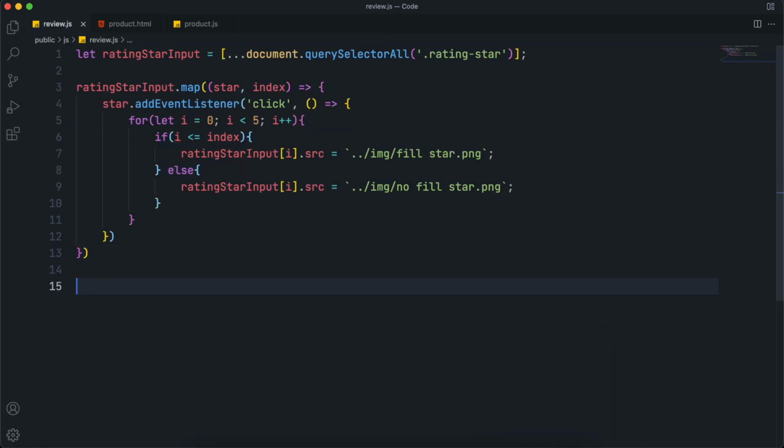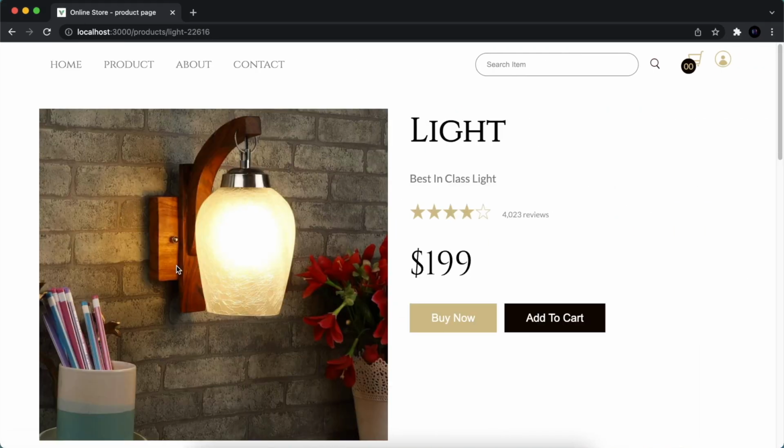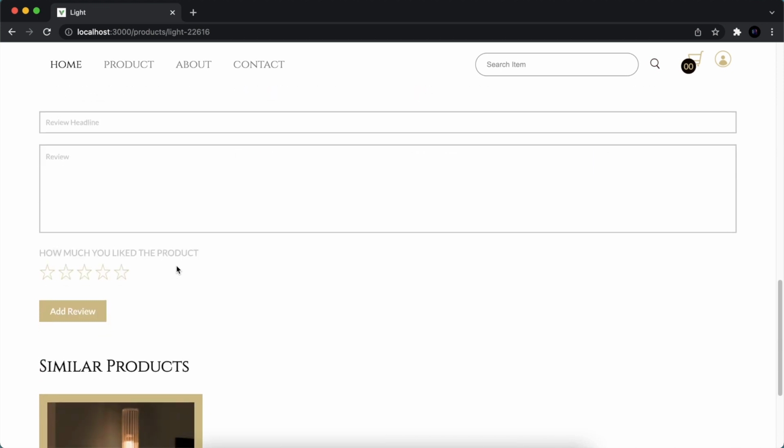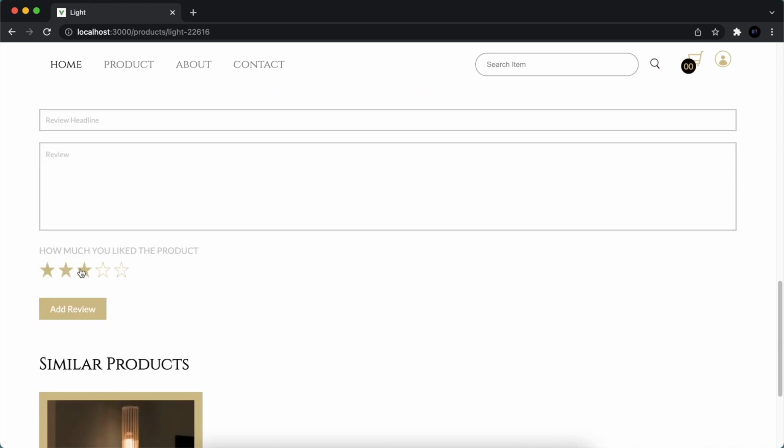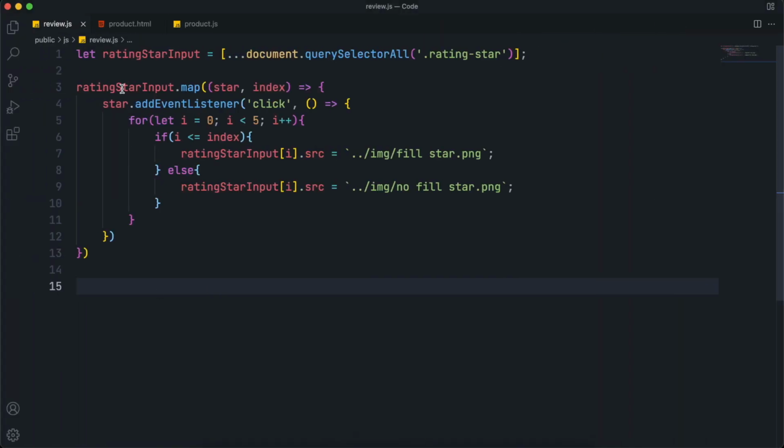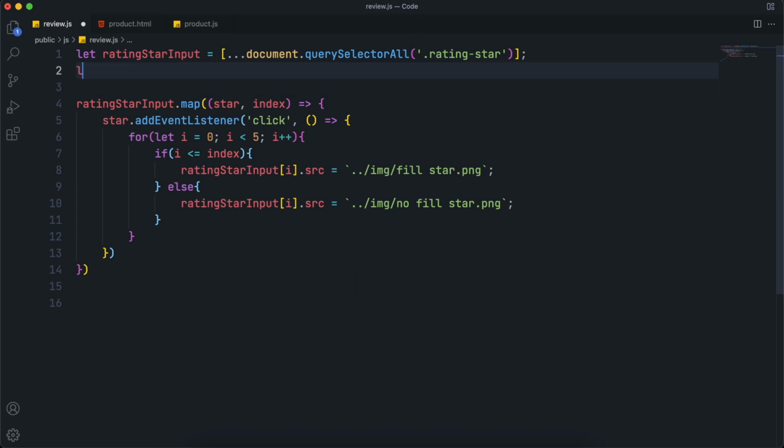So if I refresh it and check whether the image is working or not, it's working, so we did it. Now make a rate variable and set its default value to 0.